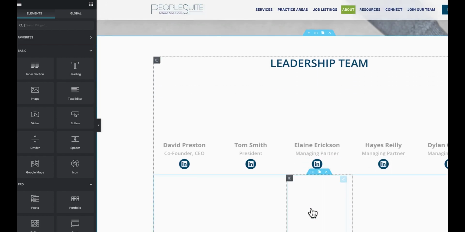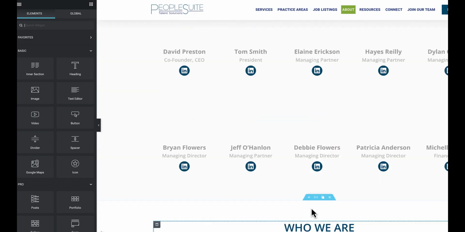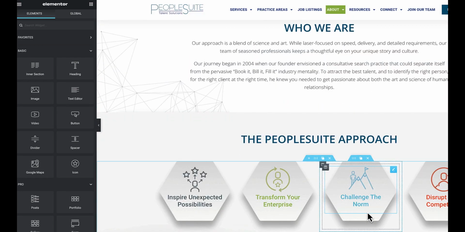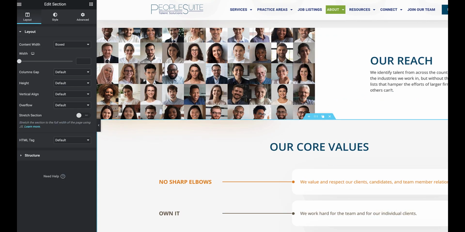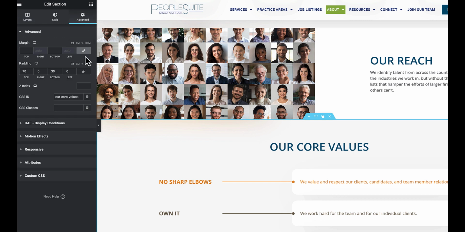Okay, so you want to make sure that you go down to the section that you are editing. And then you're going to hit the dots. And then over here, you're going to hit Advanced. And then this is already set up, but just pretend it's blank. And then this is where you're going to add,